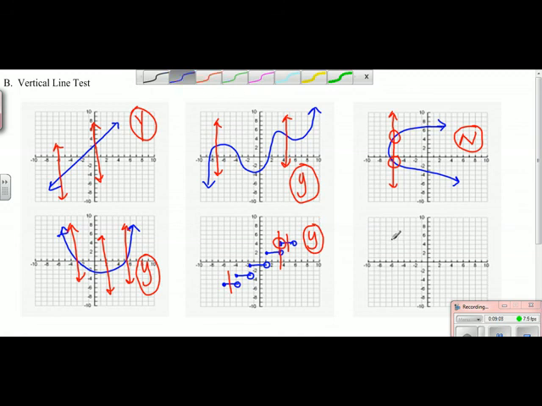But if I were to draw my step function something like this, I think you can see what's going to happen when I do that vertical line test. When I do it right here, I'm good. When I do it right here, because these are both solid points up to and including, it's intersecting in more than one, and that makes this